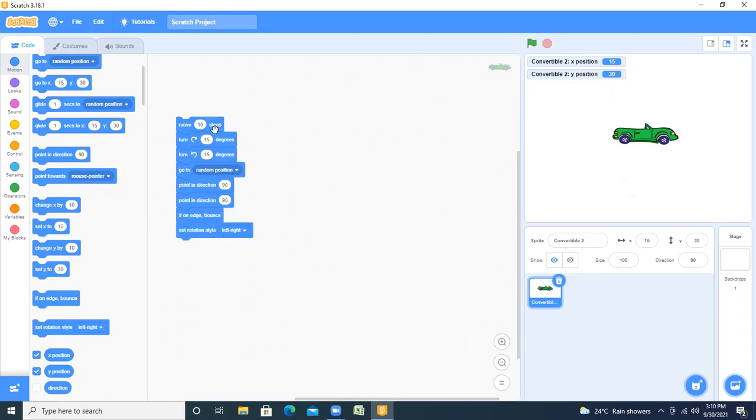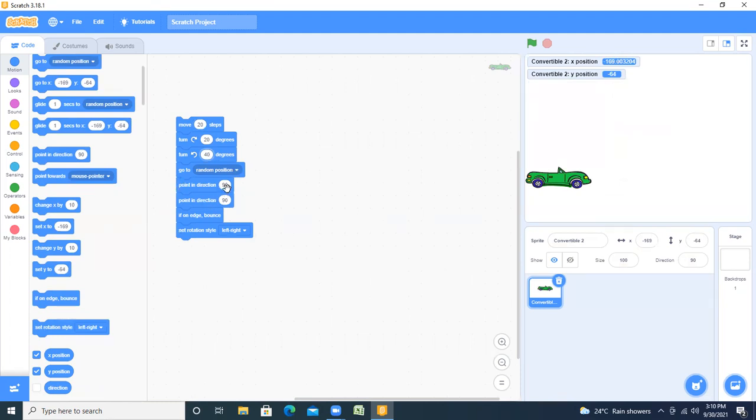Now students, one by one we are doing here. Move 10 steps. Suppose I'm clicking here and writing 20. Then here I'm writing 40. Then go to random position.